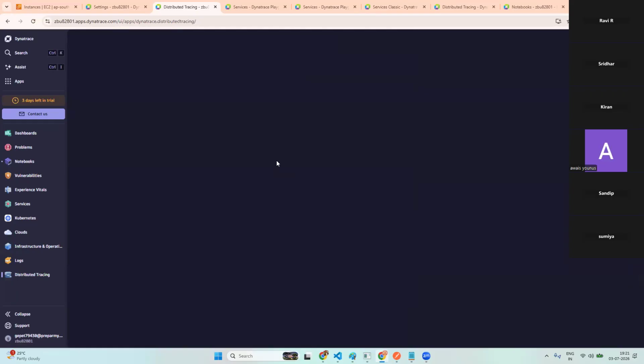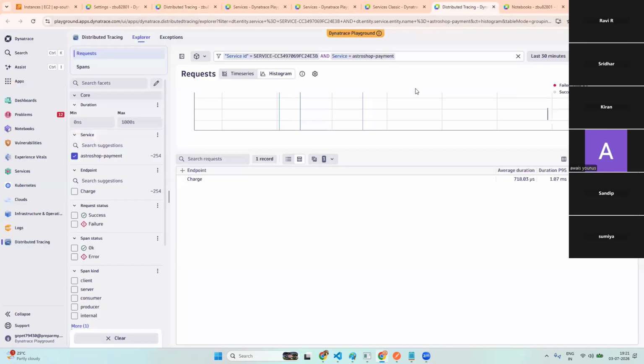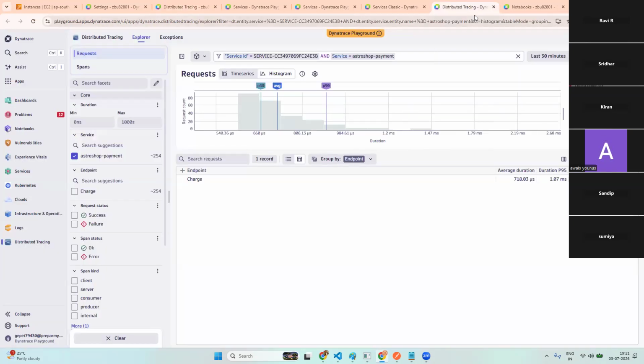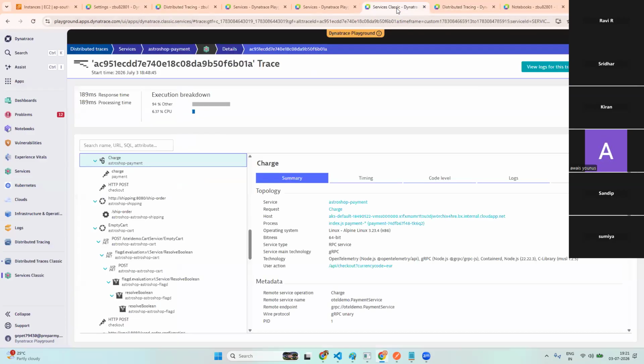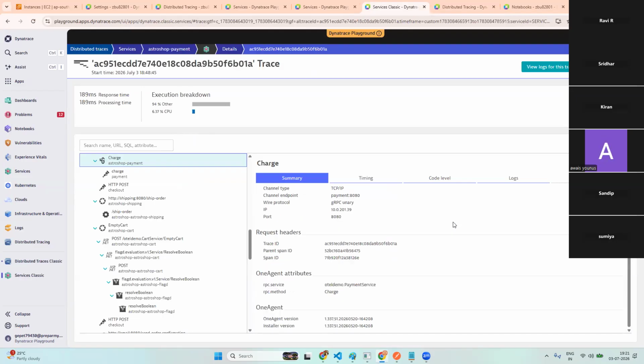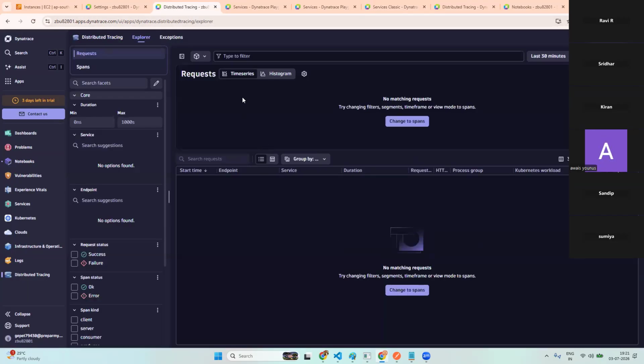If you click on any trace, it will give you a flame chart, and if you're lucky and it gets the logs or exceptions, it's fine. Otherwise, we just have to look at the overall transaction. Where is the flame chart? Not here, but if I go to the distributed tracing and click on any of them,